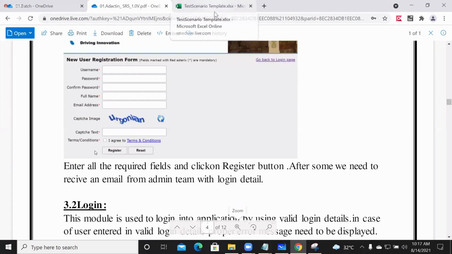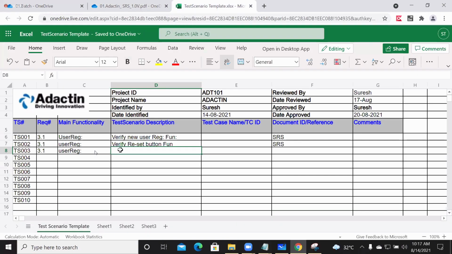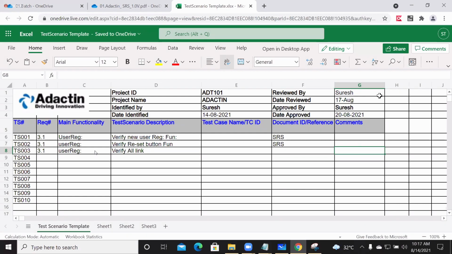Now what I can do is mention: Verify all links. What are the links that need to be verified? Those details need to be provided in the comment section.